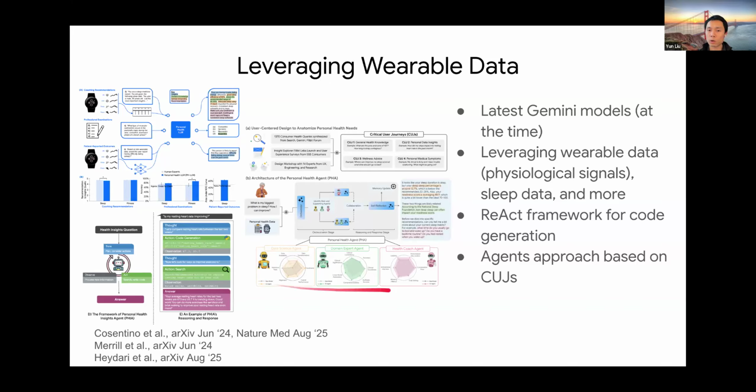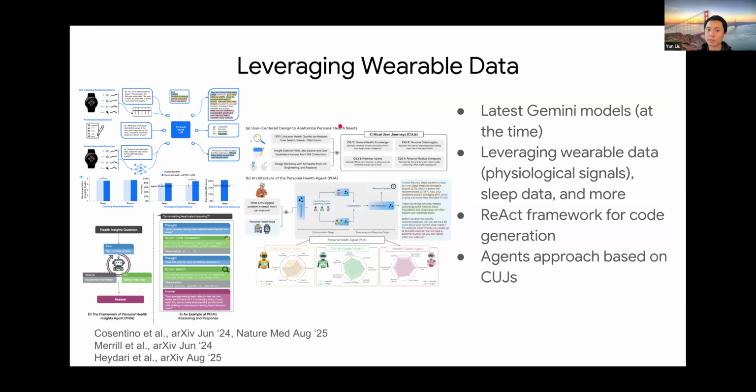And then later on, we did a bit more of a broader take on overall health management and what people want to do in a perfect world. One thing that's a little bit interesting and maybe useful for folks here is the concept of something called a critical user journey, or CUJ. So a CUJ is essentially a fancy way of asking, what do people do with a potential feature or product? And can you thematically group them into different groups?